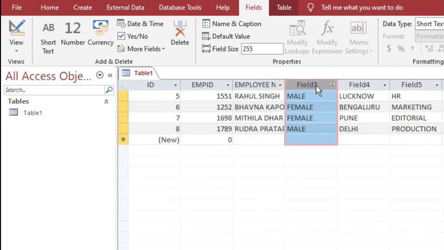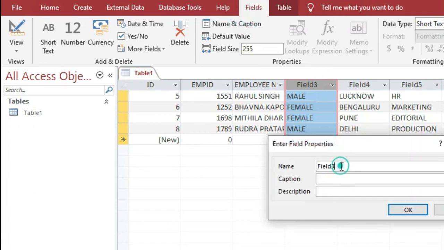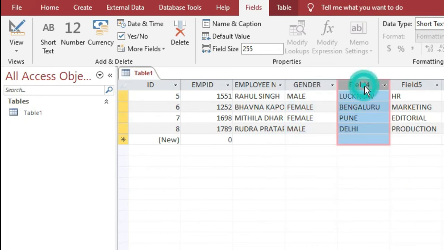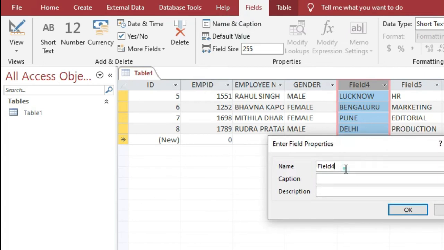Again select the field 3 and then under the fields tab click on the name and caption, and then write the name, that means field name for the particular field. Here it is gender, then click on OK. Again click on the field 4, then under the fields tab select the name and caption, and then write the field name in the name box here.